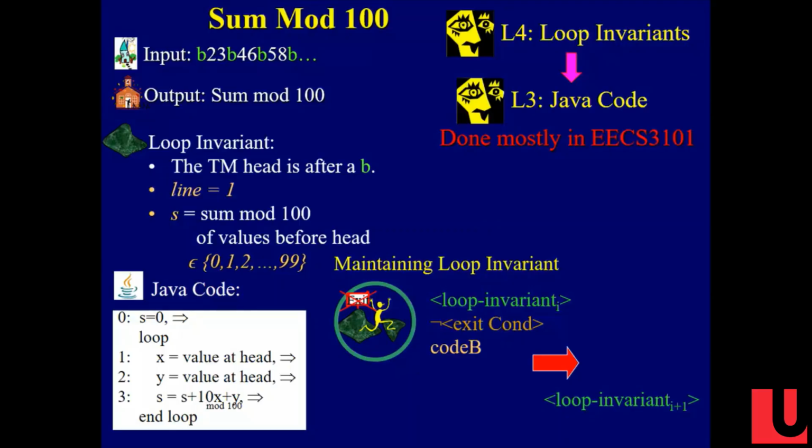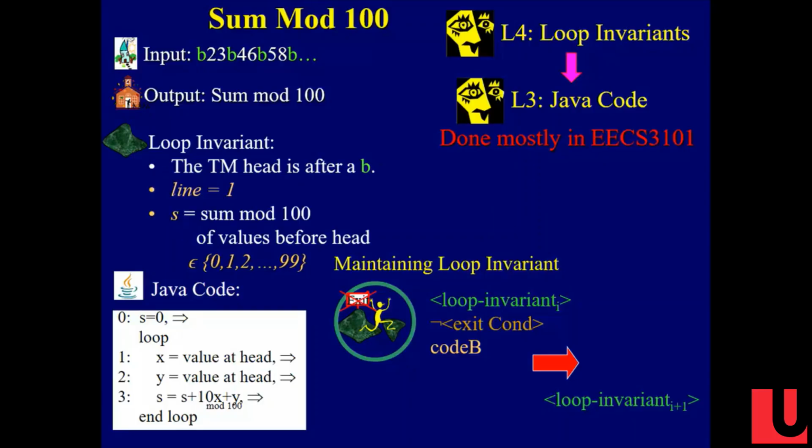All right, how do I maintain the loop invariant? You're flying from Mars, and what do you know? You know that maybe you're on that 5 after the B, right? And so we're here. We know that the sum is the sum up so far, right? What do I do? I read the 5 in, and I move the head right to the 8. I read the 8 in. I move the head right to the B.